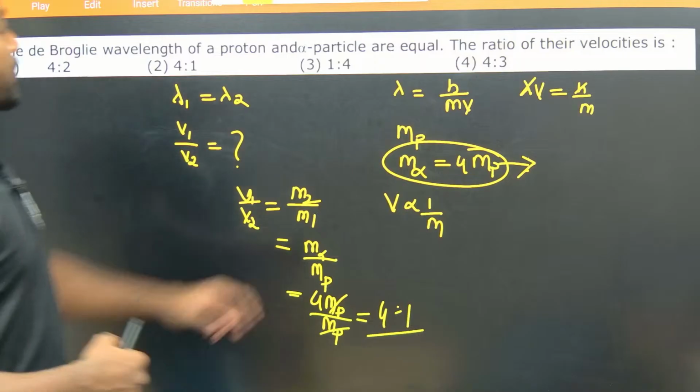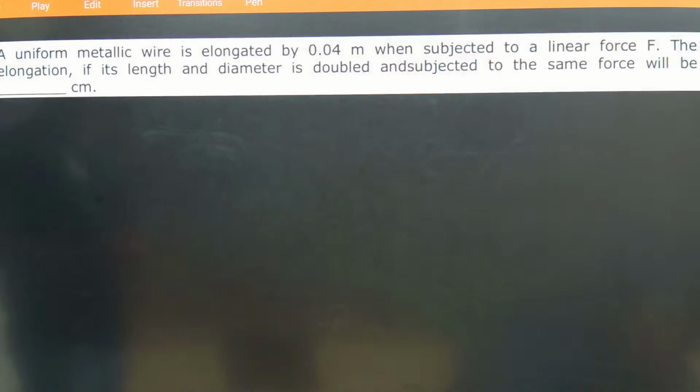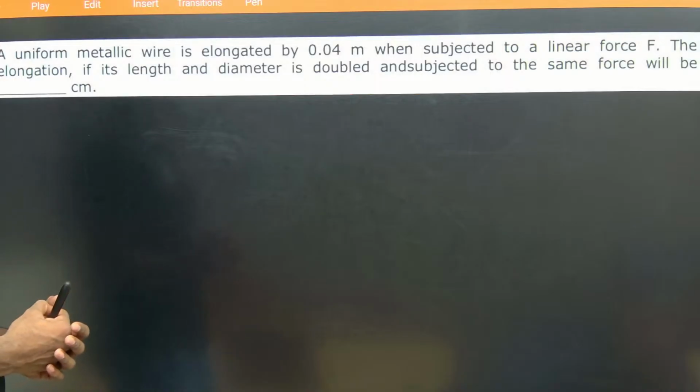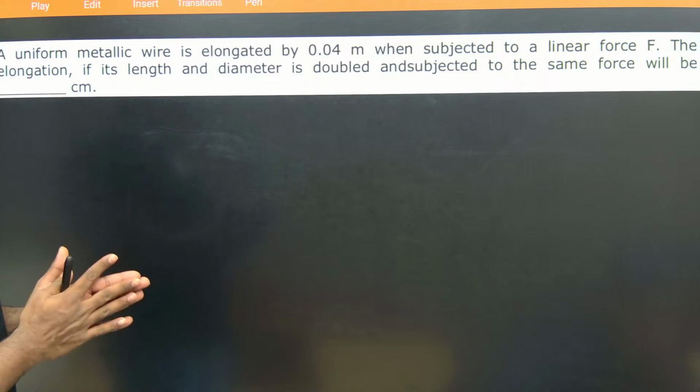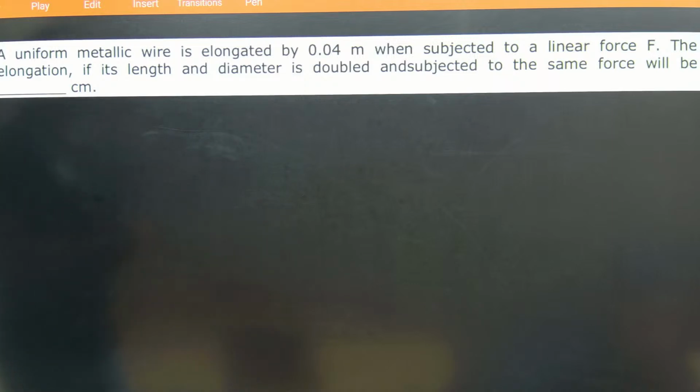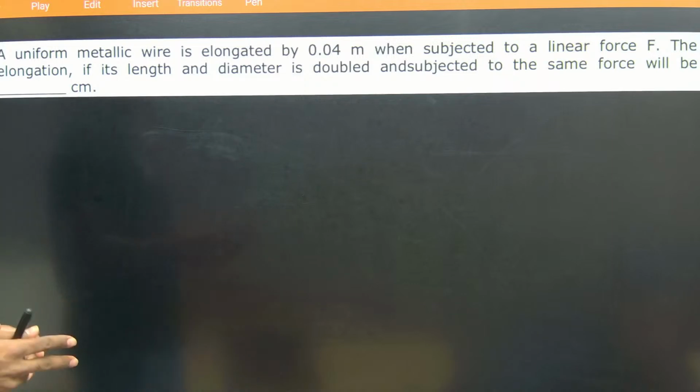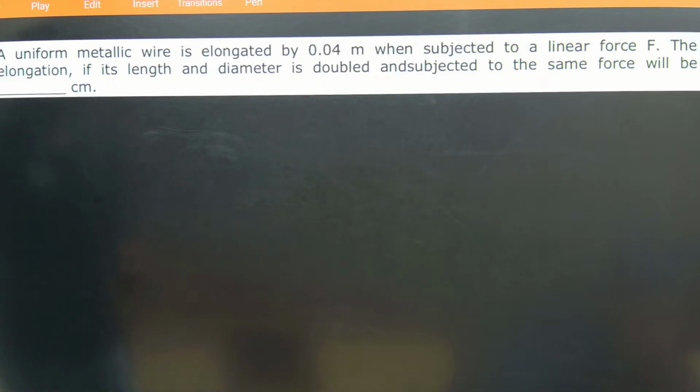So the next question is, a uniform metallic wire is elongated by 0.04 meter when subjected to a linear force F. The elongation, if its length and diameter are doubled and subjected to the same force, will be. So the same force they told. So first we will write